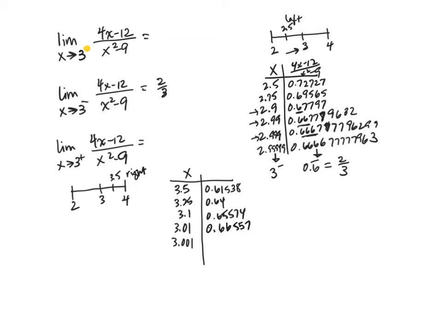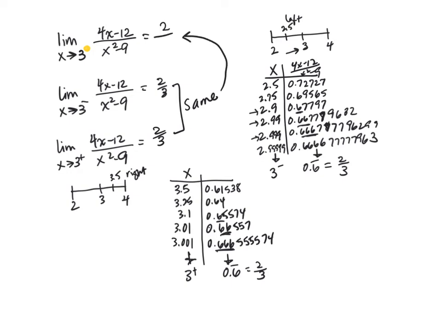So we're starting to see a similar pattern emerge here. A single 6, 2 sixes. I should then anticipate a similar behavior here. I'm going to get 3 sixes. And so we see the same behavior. As this is approaching from the right, this is approaching 0.6 repeating, or 2/3. And since these are the same, we can claim that the limit as x approaches 3 of 4x minus 12 divided by x squared minus 9 is 2/3.